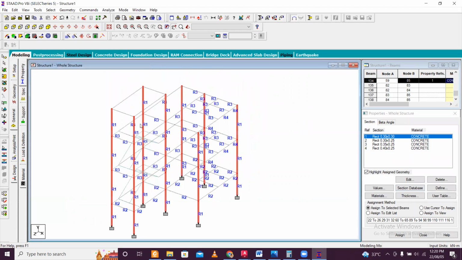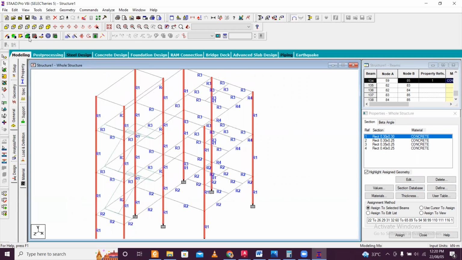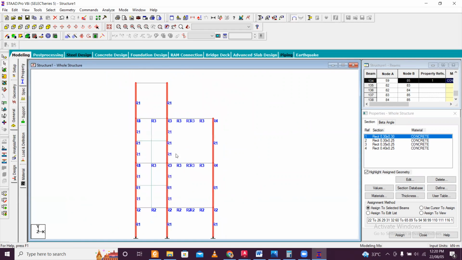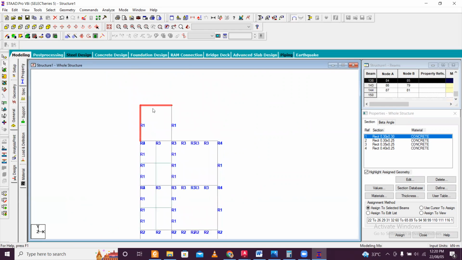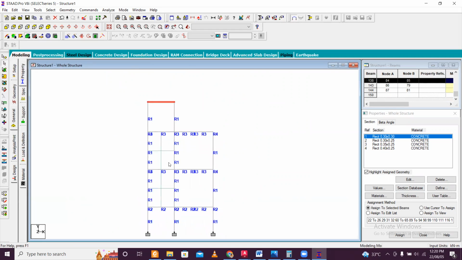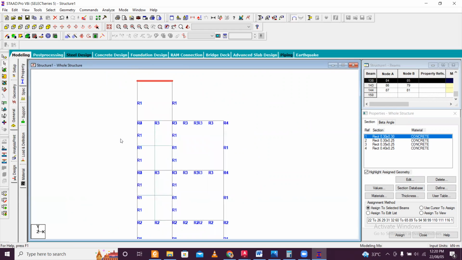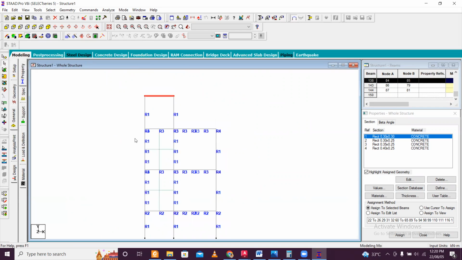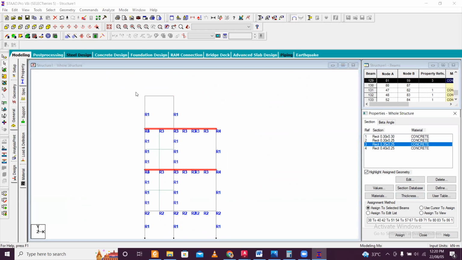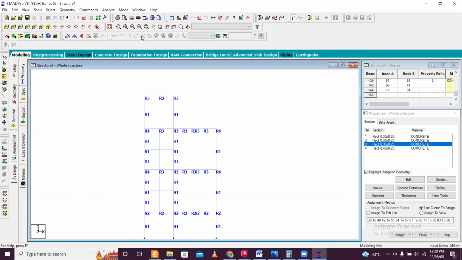And then the new beams which you have created, we go to the front view. As you can see, these front view beams have not been assigned. So we'll select these beams, and we will select this. These are already defined, I think. So this particular beam we'll see, and obviously the size 250 by 350 will be given. 250 by 350 assigned to selected beams, assign, and yes. So we'll go back to this